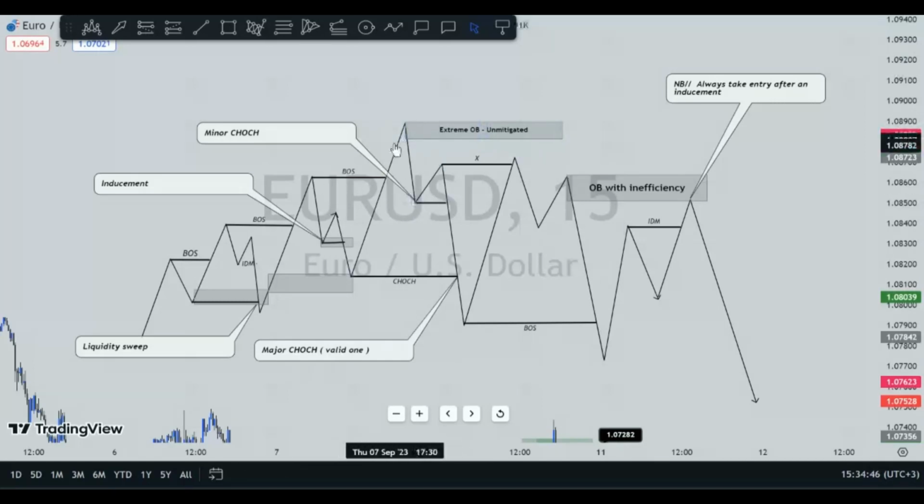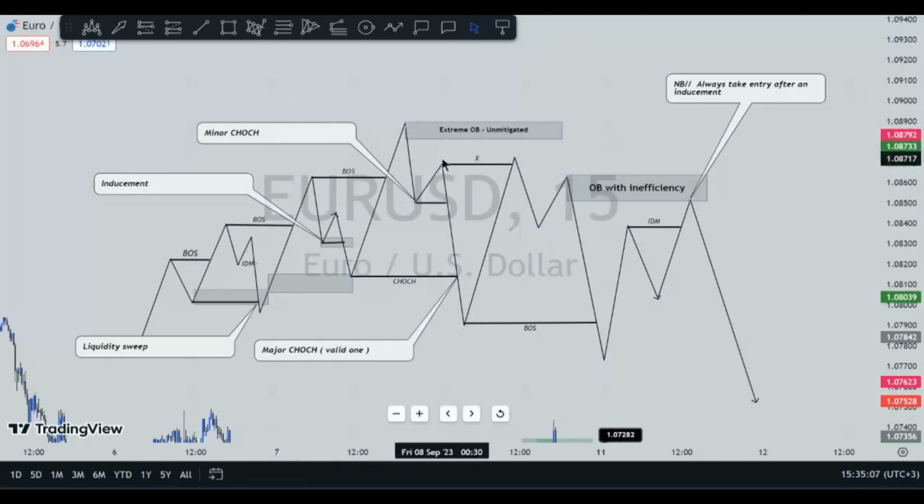So here, I've not indicated it, but let's say it has just mitigated the higher time frame supply zone, and then moved down, creating a minor change of character,